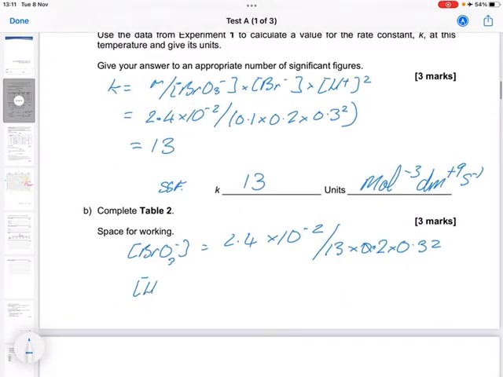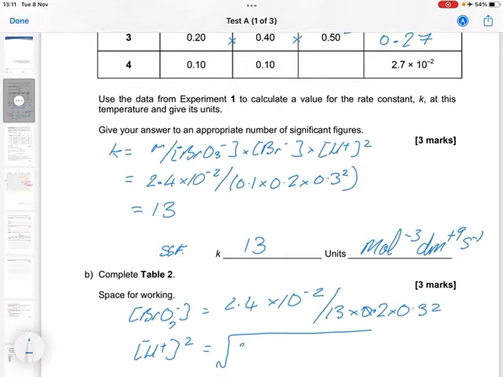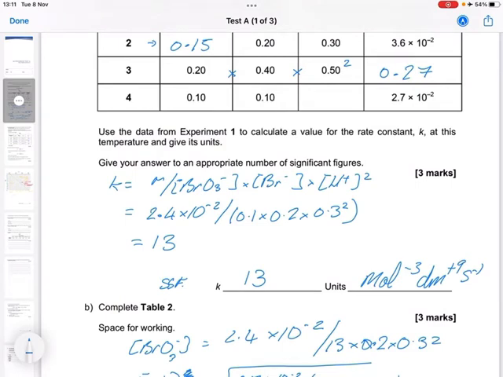So H plus squared equals the rate, 2.7 times 10 to the minus 2, divided by 13 times 0.1 times 0.1, and then you take the square root. If you work that out, that gives you 0.45. So the marks, there's 1 mark for the working out here, 1 mark for the correct answer, 1 mark